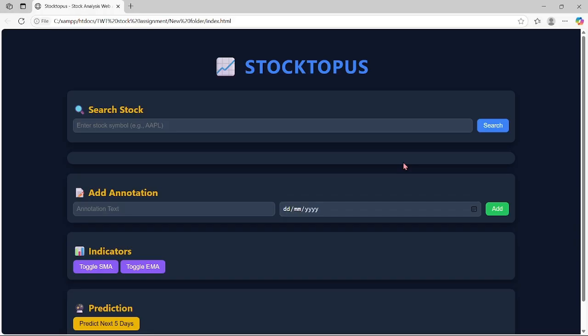Alright, so this is the main page of Stocktopus. So first at the top, we can see there is the name of the application, Stocktopus. Then below the name, we can see there is a search stock function. Here, the user can enter a stock symbol such as AAPL for Apple or TSLA for Tesla. Then when they click on the search button beside,